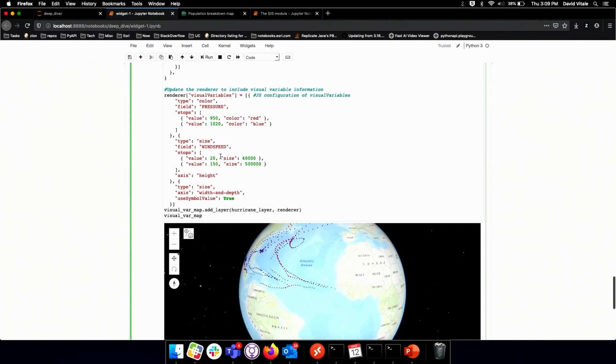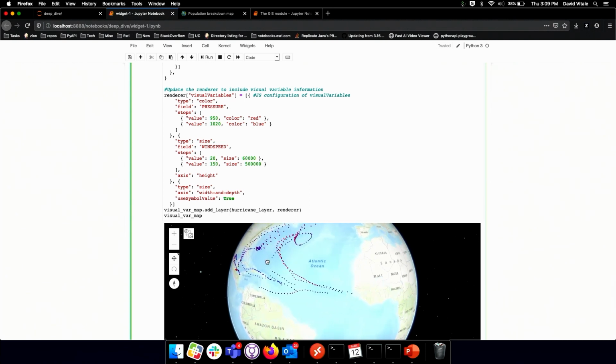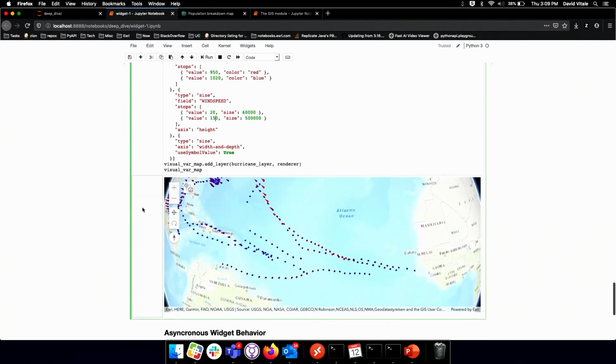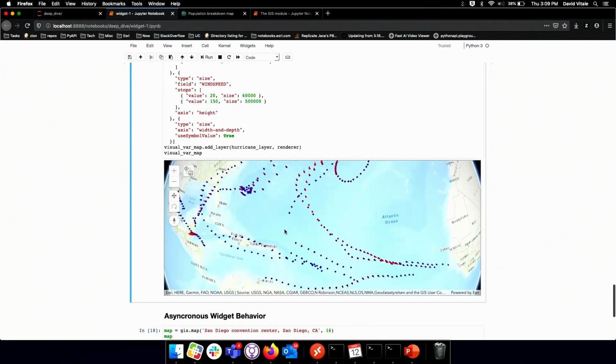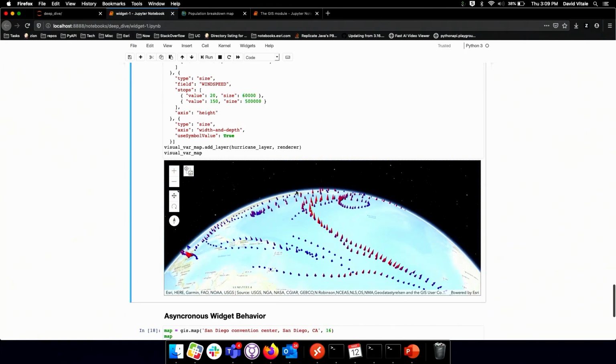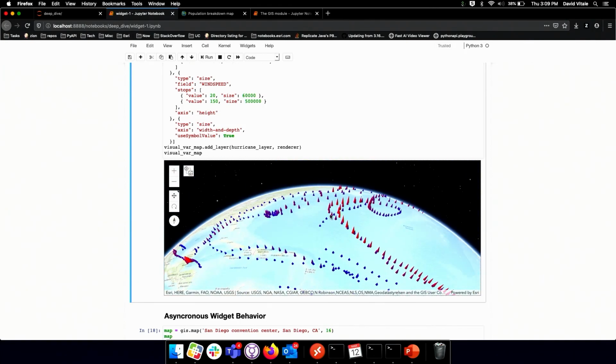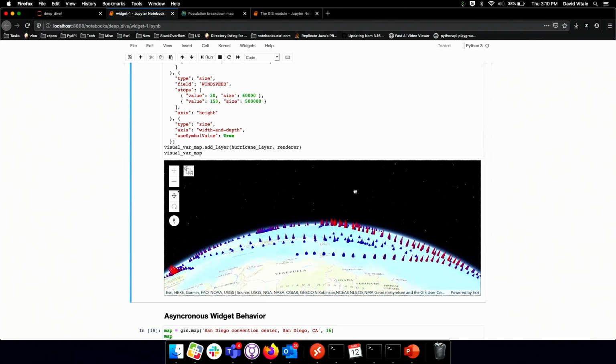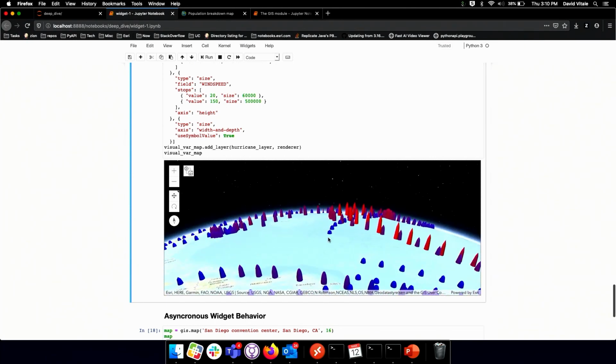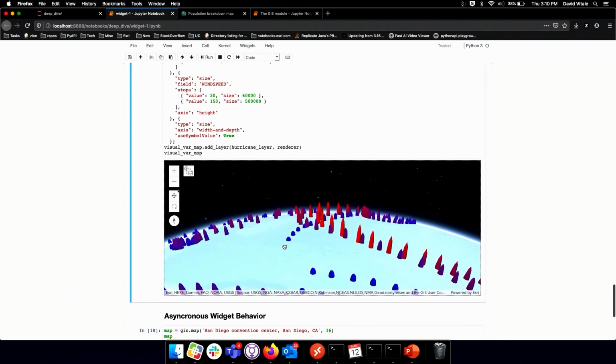So that's one way that if you look at just the color, you're able to see the different values in there. But also, I want you to, with the speed, change the value from 220 to 150, the different size of this. What this allows you to do is visualize on a map two different values at the same time. So if you look at just the heights by themselves and not the colors, you're able to visualize the wind speed. So as you can see, some of these points over here are lower than these points